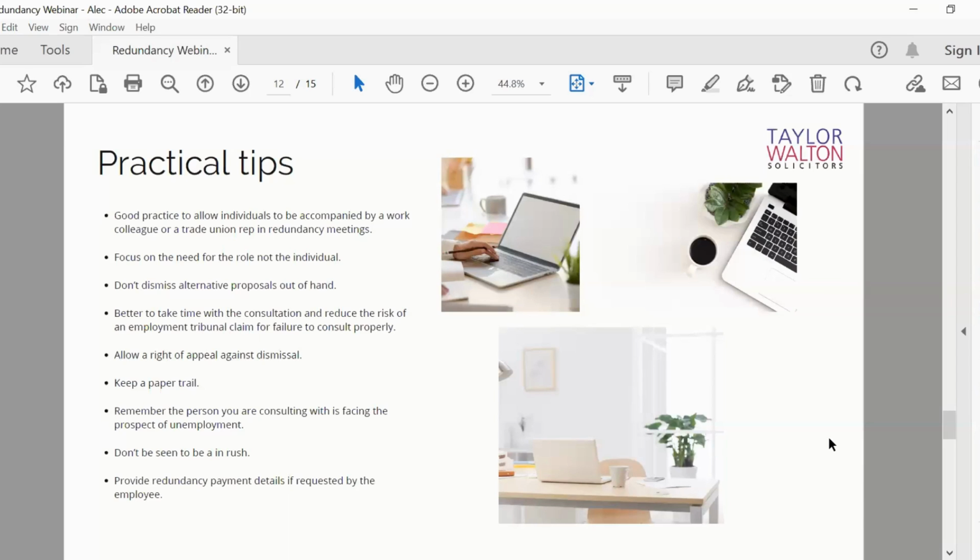If the employee wants to know what they will receive by way of redundancy payment from the outset, then that's fine. I'm always quite cautious of not being seen to rush to a decision, and of saying, this is what the redundancy pay will be, because it sort of undermines the position that we're in a consultation process. In my experience,